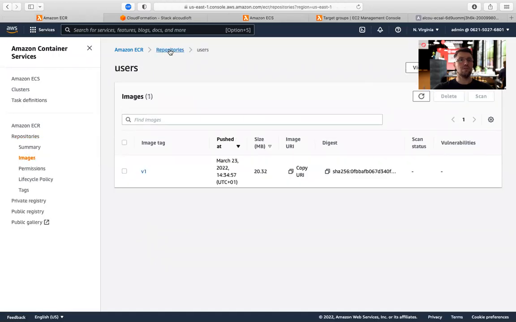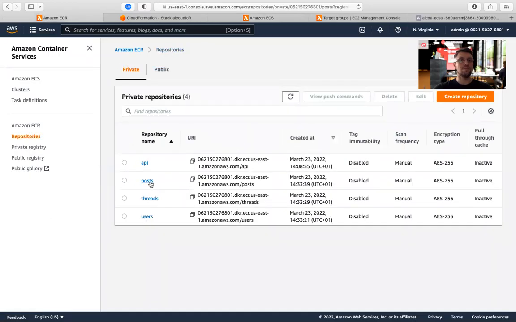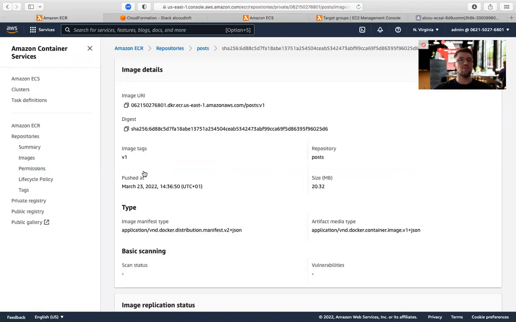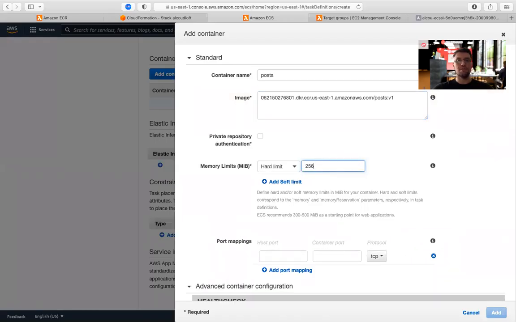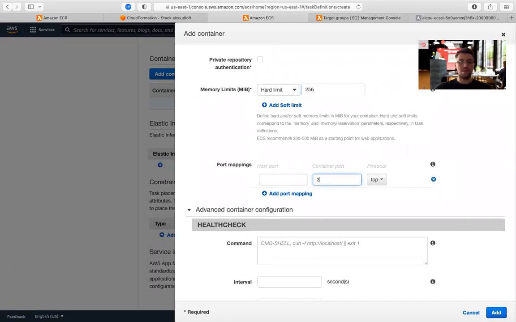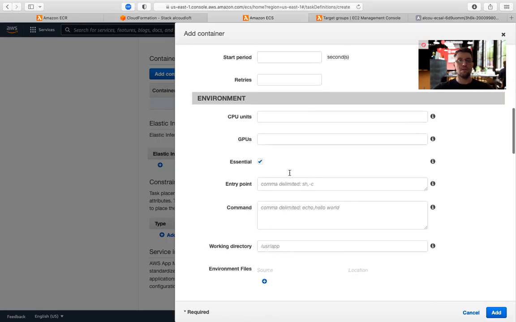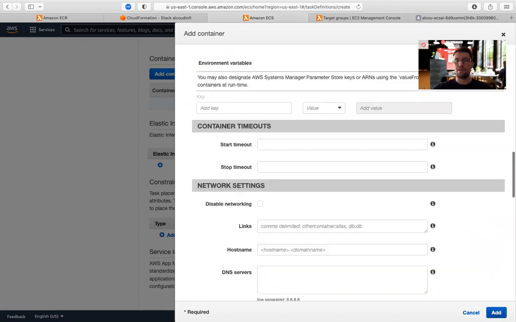Oh, not users, sorry. We need to find posts. And here, go to the version 1, copy it, and paste it here. Specify the hard limit. Port mappings is the same. And one last step, we need to specify CPU units. Click add